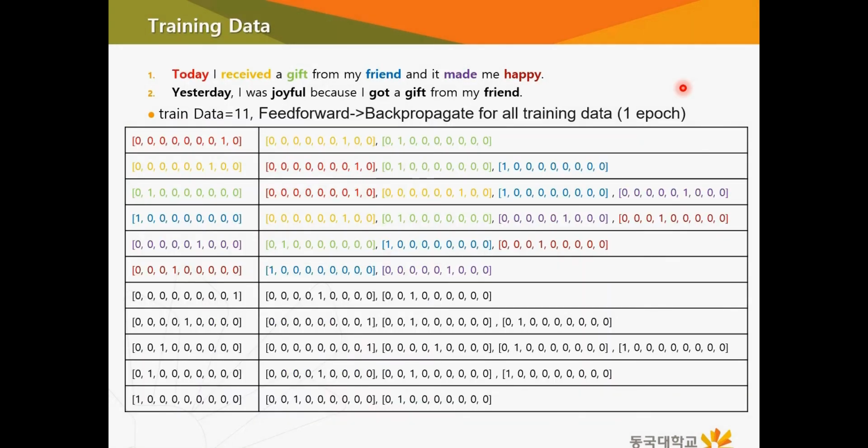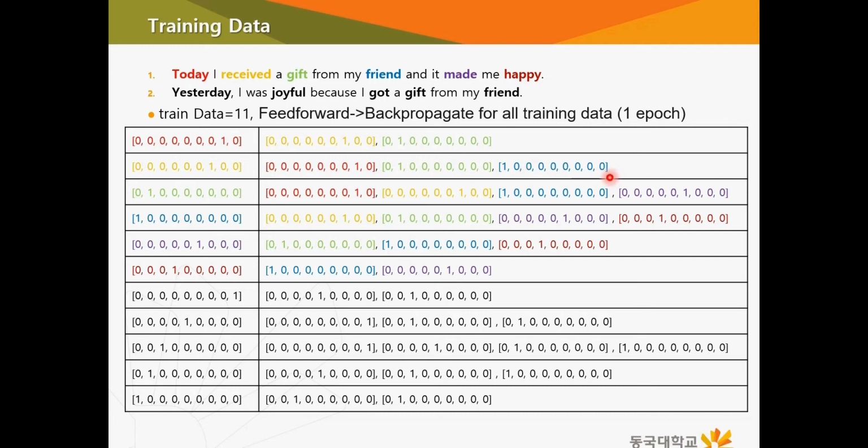In the earlier example, the output labels were compact in one vector space. However, this time we want to store them individually. If you look at the first row, the central word is "today", and the neighboring words are "received" and "gift". And these are the one-hot encoded representations of the two words respectively. And the second input data is "received", and the corresponding neighboring words are "today", "gift", "friend", and what we are